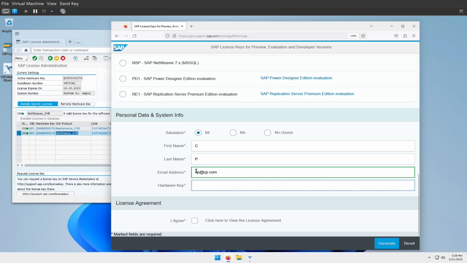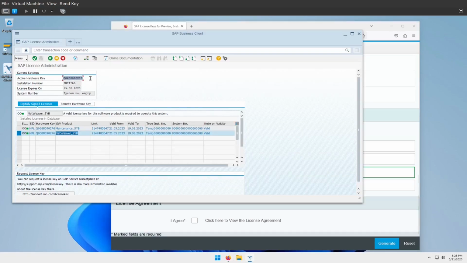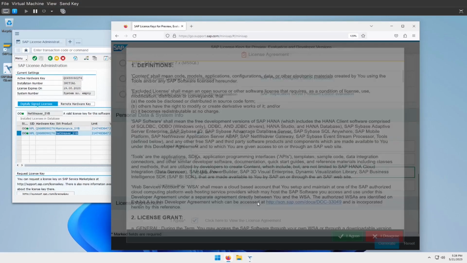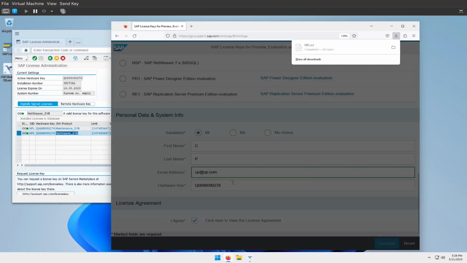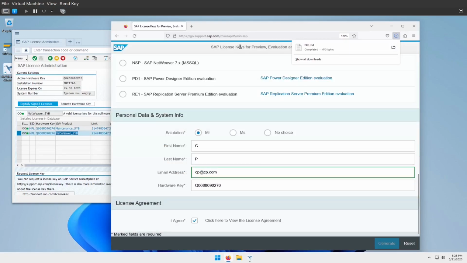cp.com, and the hardware key, you got it from here. So you copy this. Okay, yeah, we need to accept the agreement too. Put the hardware key, generate. So we got the file,